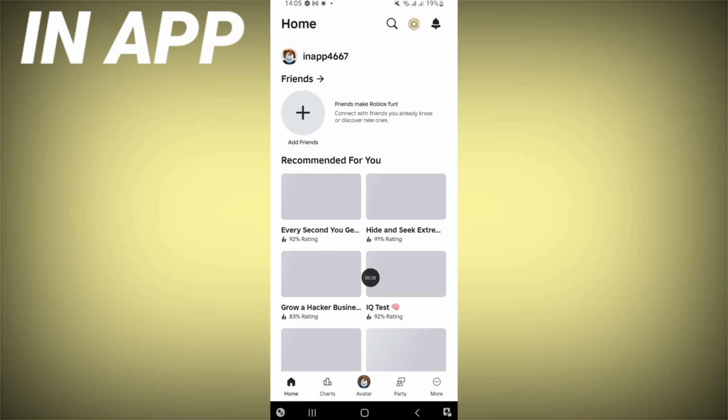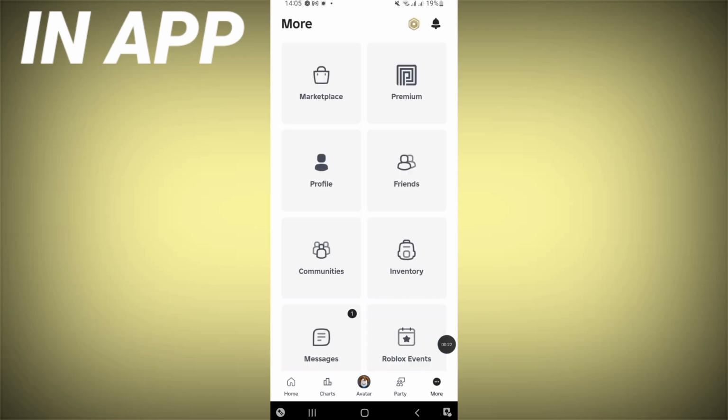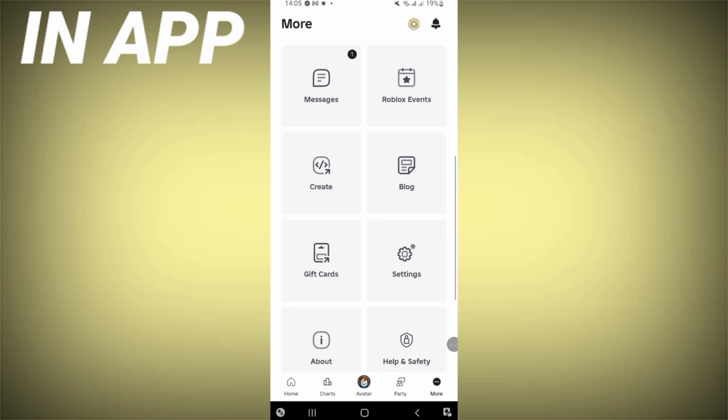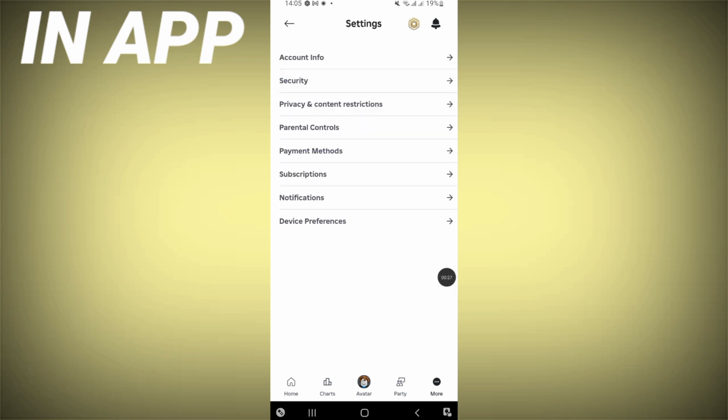and after opening your Roblox, you should go and click here on more. So right now you go and click on settings, and you will find this list. Go right now and click on